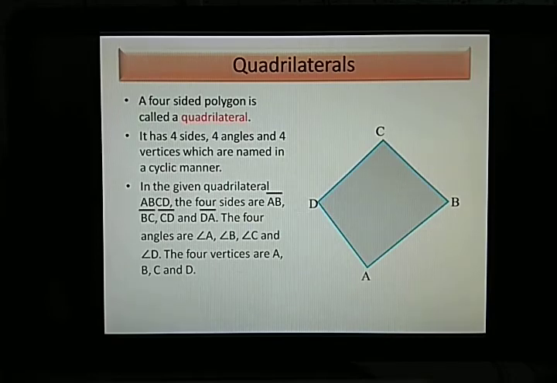For example, if all the 4 angles are equal, it is either a rectangle or a square. Then if the opposite angles are equal, it is a parallelogram. We will not go into an in-depth study of quadrilaterals. For now, you should know which are the angles, which are the vertices, and which are the sides. Vertices are the points where 2 sides meet: point A, point B, point C, and point D. So these are the 4 vertices. Clear? So moving on,